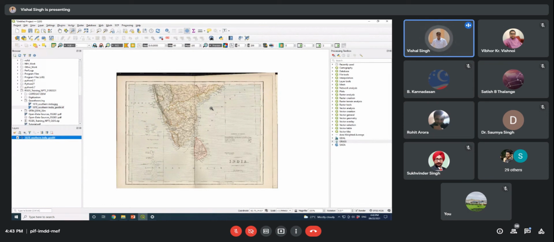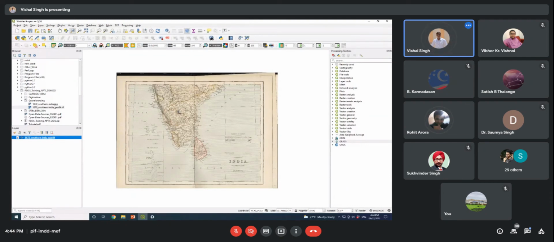Suppose you have any raster layer or vector data layers, if those layers are georeferenced, you can do the overlapping. The problem is that sometimes in one layer you have a different projection system, so you can identify some shift, or it is possible that your map will not be overlaid to the particular layer.